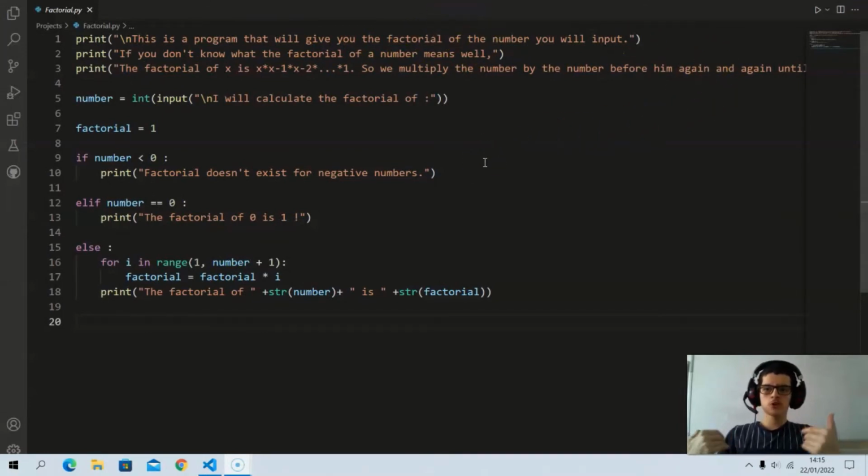If you don't know what the factorial of a number means, well, the factorial of x is x times x minus 1 times x minus 2 times x minus 3, etc., until we reach 1. So we multiply the number by the number before it again and again until